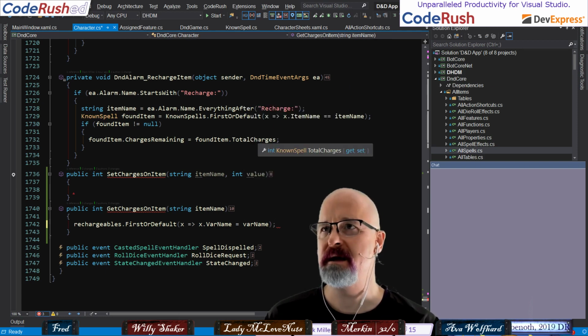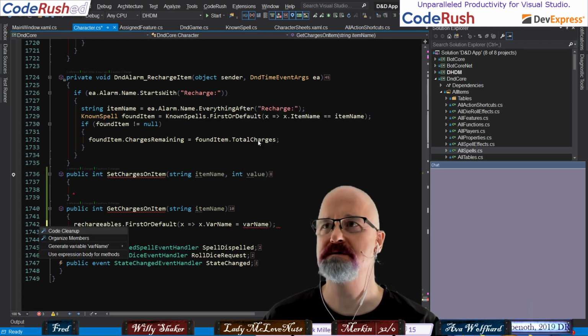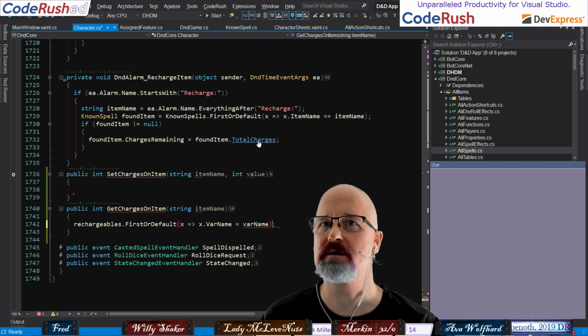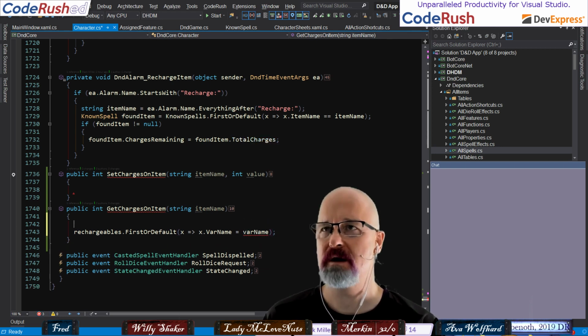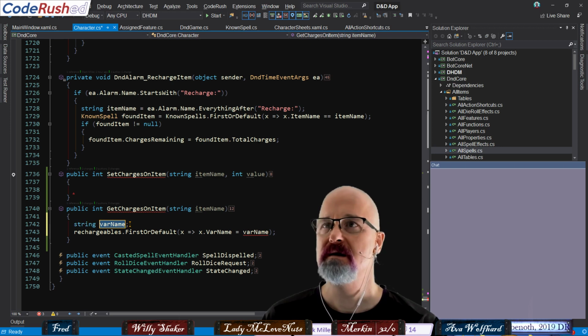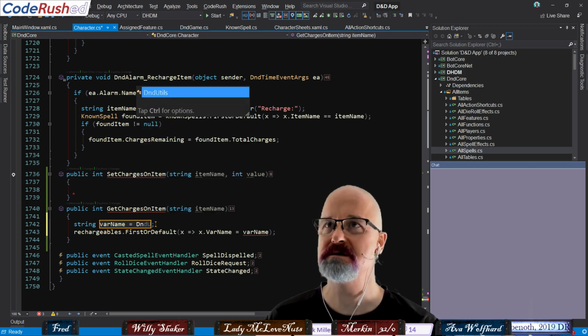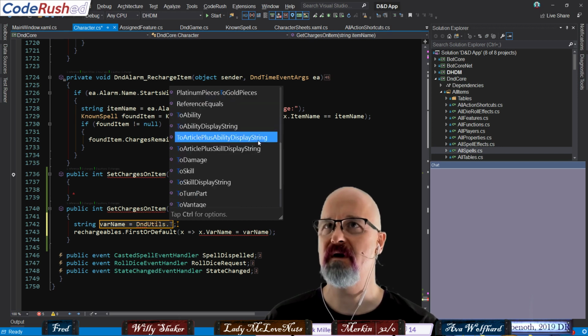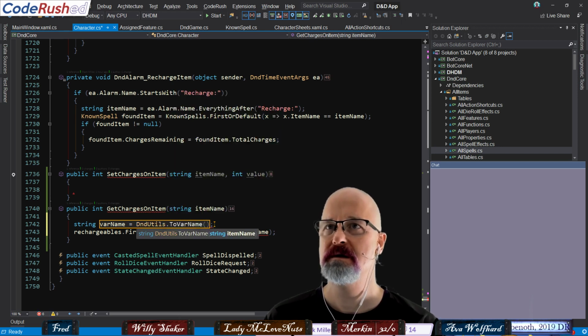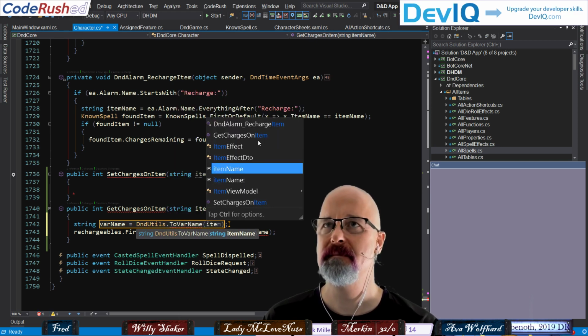And let's come in and use CodeRush, because it doesn't see varName. So we'll come down here and say varName is equal to DnDUtils.ToVarName, and pass in item name.